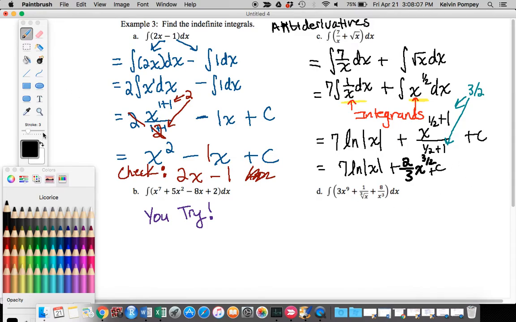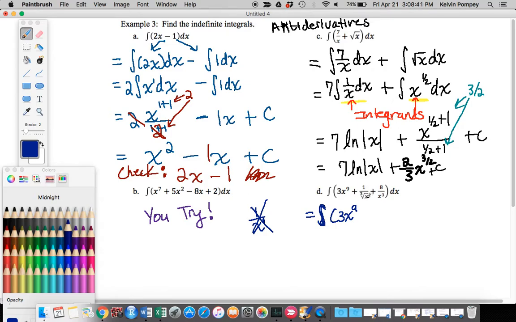All right, I'm going to start part D for you guys, and I'll have you finish that yourself. I'm going to rewrite some things here. This is just an integral of 3x to the 9th. Whoa, I have an x in the denominator. Now, I know I have a rule for 1 over x in the denominator, but that one always has a power of 1. If there's ever a case where you don't have a power of 1, then you can't use that rule there. And so I'm going to rewrite it as x to some exponent,